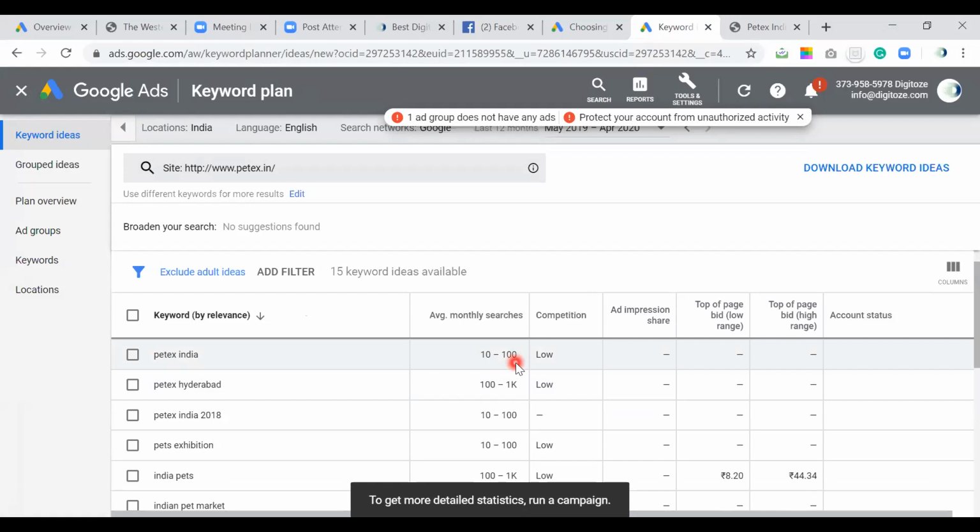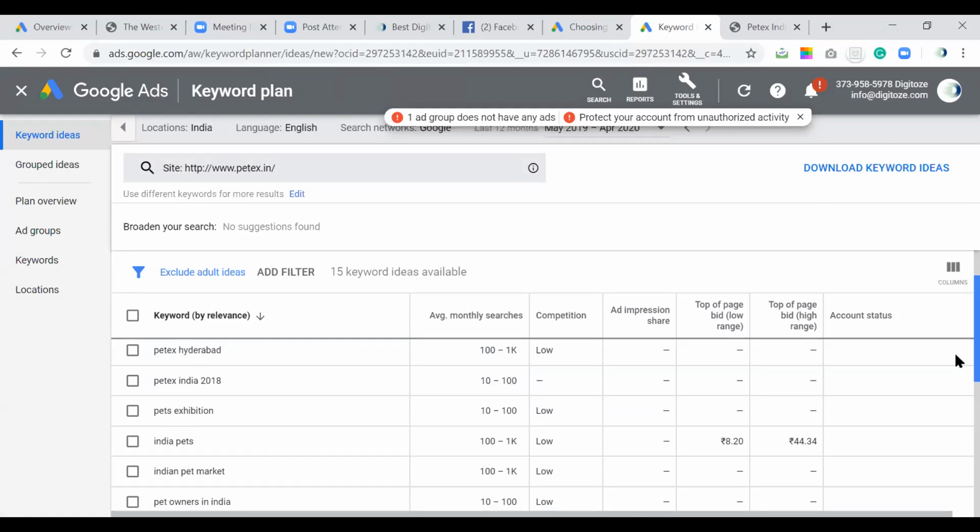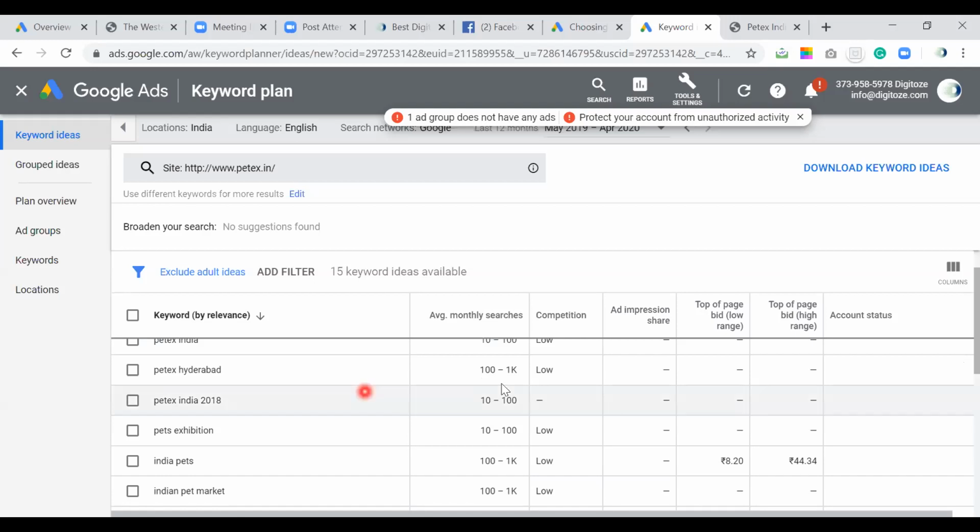It means the number of people who are searching on a monthly basis. So approximately 10 to 100 searches. If you see Petex Hyderabad, then 100 to 1000 people are searching. For Petex India 2018, 10 to 100 people are searching. Since that event has already passed and we are now talking about 2020, we may ignore the keyword Petex India 2018.